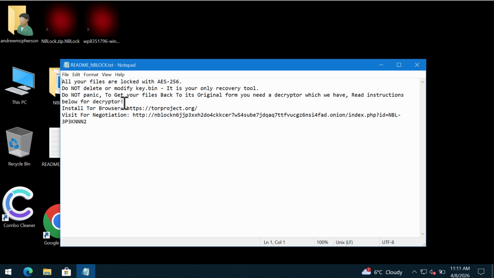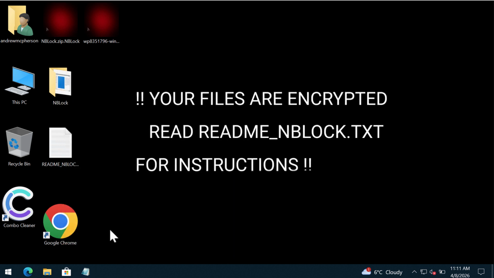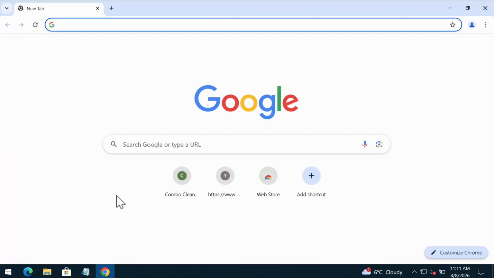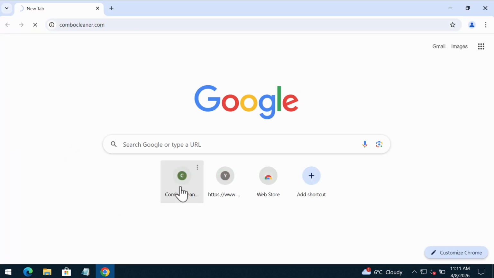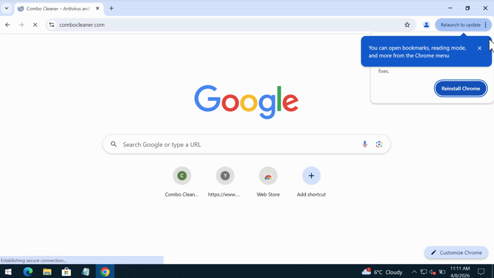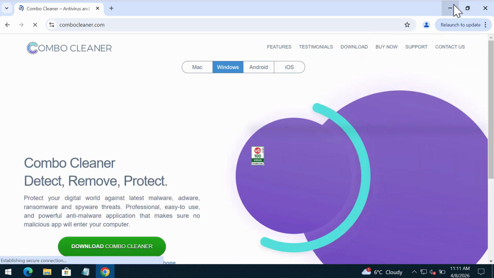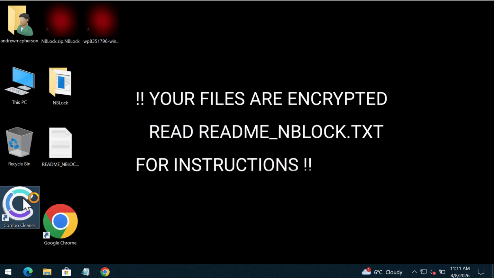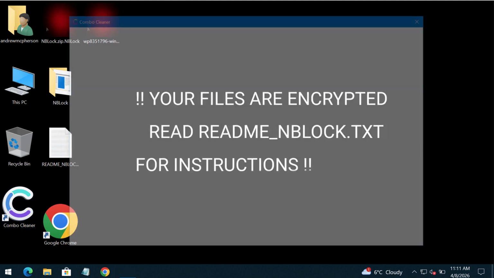Paying the ransom is not a good idea. Don't waste your money and don't pay the ransom. I recommend you remove this ransomware with Combo Cleaner. For this purpose, please proceed to the website combocleaner.com, download it, install the program, and start scanning the system with